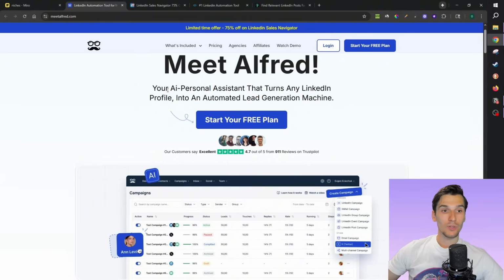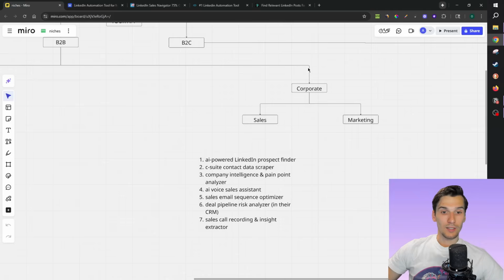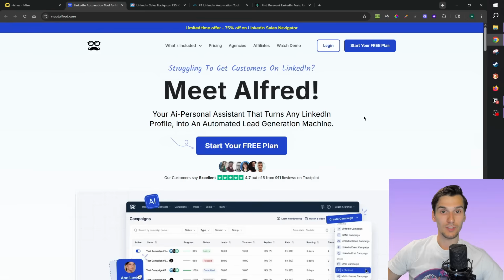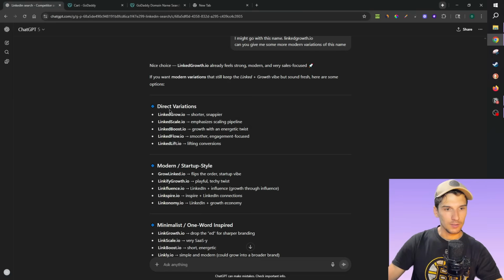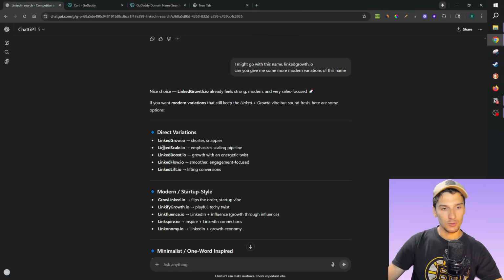So this is a pretty good idea, because as I said, it follows the corporate sales department, and I actually found this idea a little bit earlier, and I'm going to validate it to see if there's potential for it. So the first step is to find a domain name, and I did some research. I had ChatGPT help me with this, and I went through a lot of these. I wanted to position ourselves next to LinkedIn or like "linked," and most of these were taken, but I found this one,